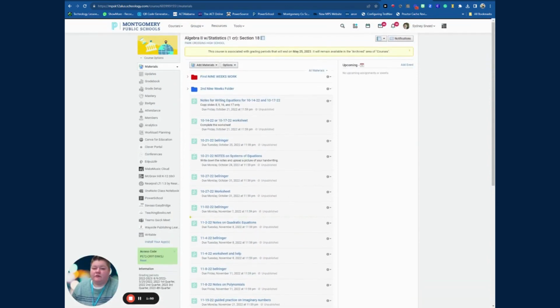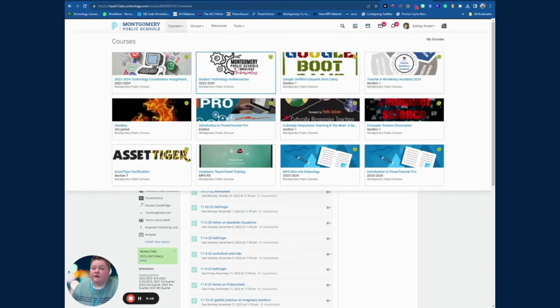Now, there are a few things I can do if, say, I wanted all this material for a new course that I'm teaching. I could go to options and I could save the course to resources, or I could save individual items like folders to resources or actual individual singular items to resources. When we do this, it allows us to pull items back into our class from our resources in our new classes. So I could go to a current course that I have,